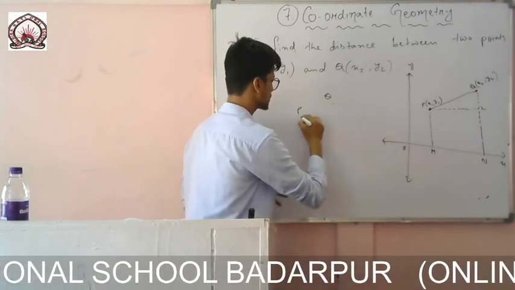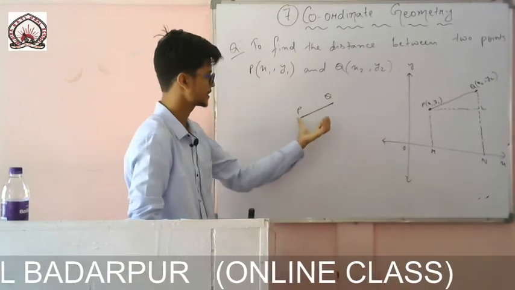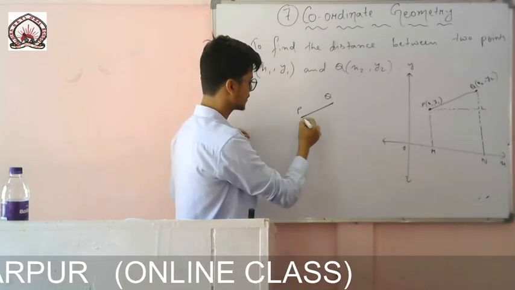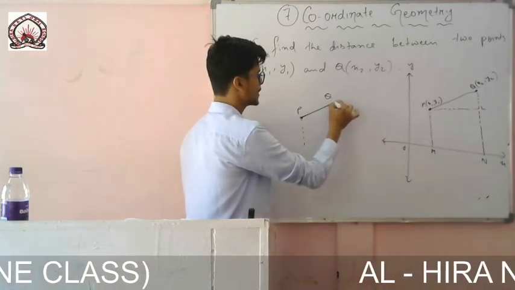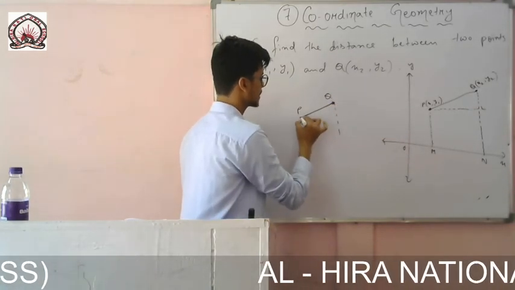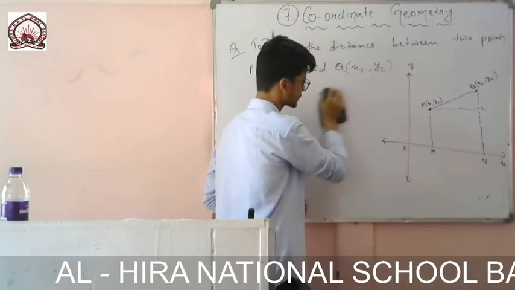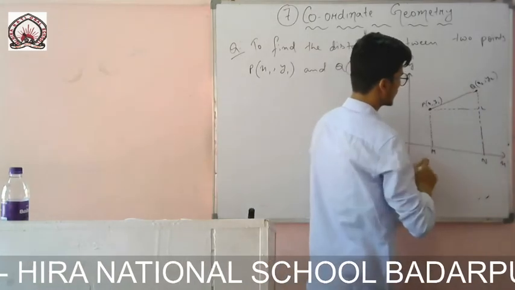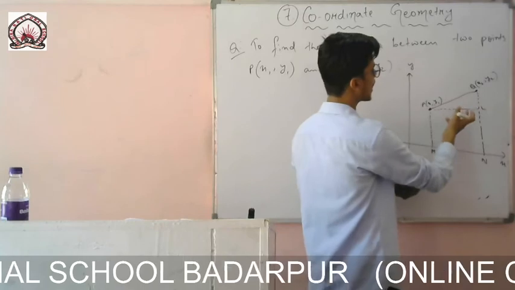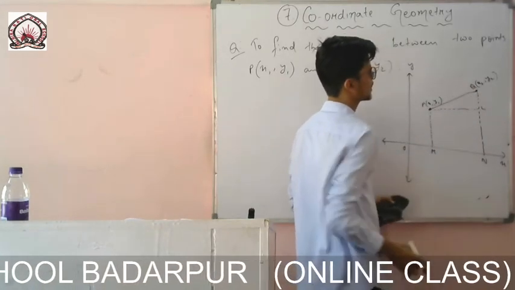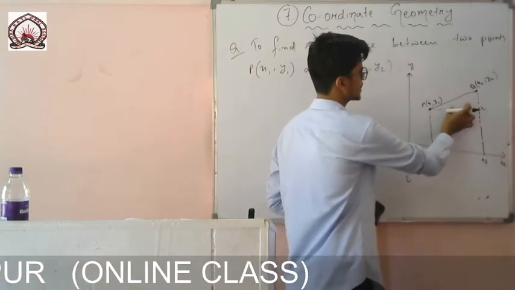First of all, the question is to find the distance between these 2 points. To find this, I have drawn 2 perpendiculars from the 2 points and another one from here. After drawing this, you see this part is a right triangle, and we know how to find the sides of a right triangle. If I can find the value of this one and that one, we can use the Pythagoras